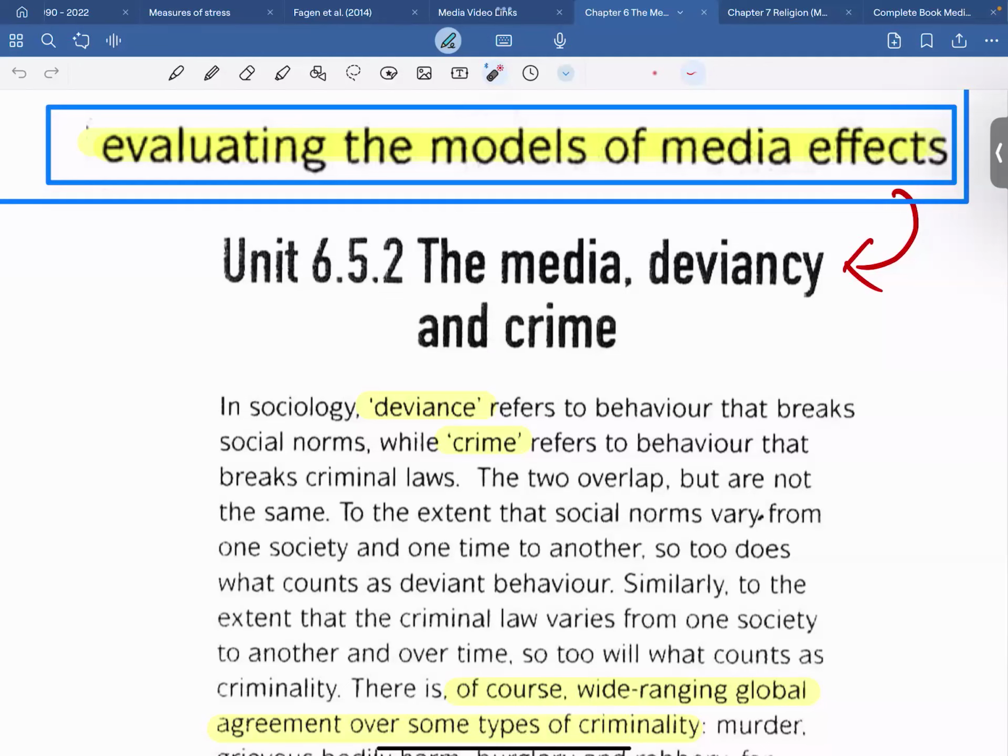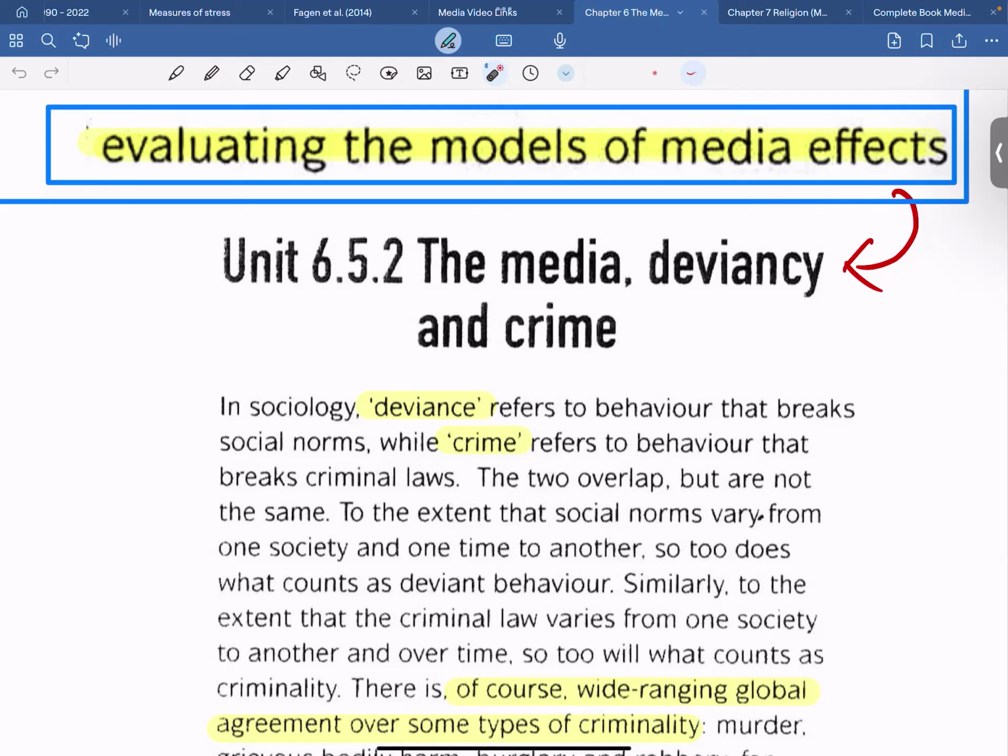So the first model, the hypodermic syringe model, is referred to as the direct model, and the other four, namely the two-step flow model, the uses and gratification model, the reception analysis model, also referred to as the normative model, and towards the end the cultural model, come under the heading of indirect models. Now, the question is, let's evaluate these models. And while evaluating them, the topic we'll be taking under discussion today is media deviancy and